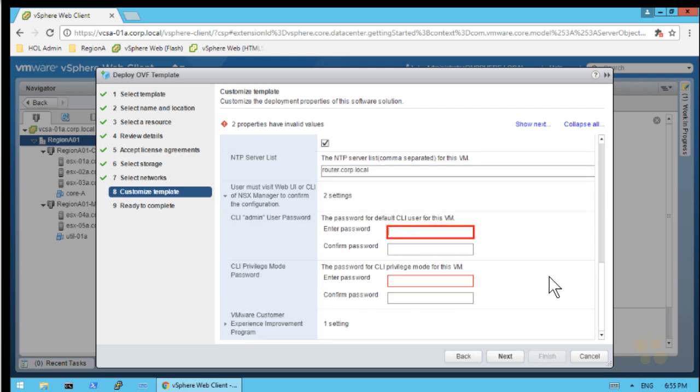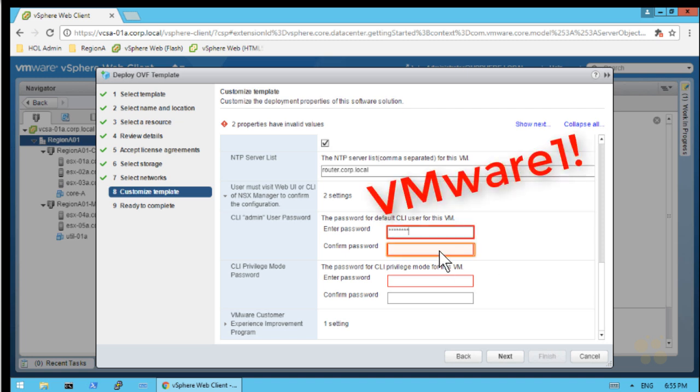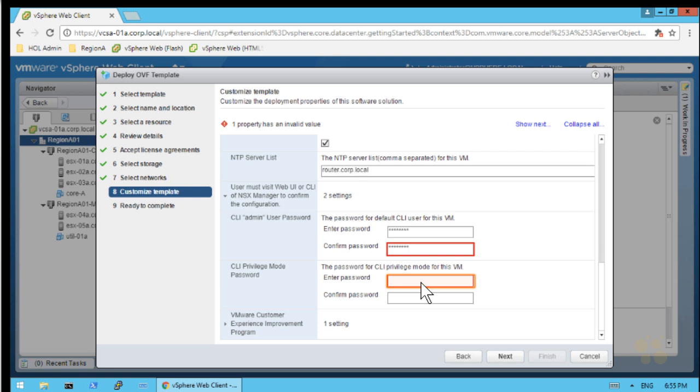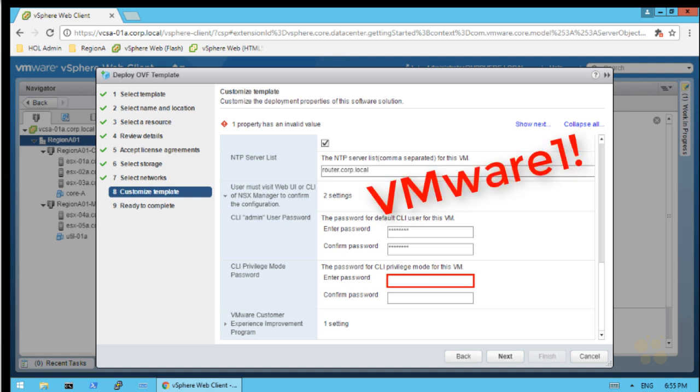So we'll put in a password for the default command line interface user, capital VM, lowercase WARE, 1 exclamation point. Click in the confirm password and put that password in again. And then for the command line interface privilege mode, not just looking but actually making changes, we'll click in there